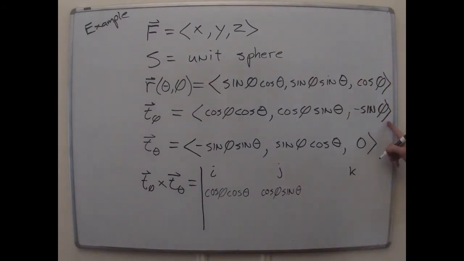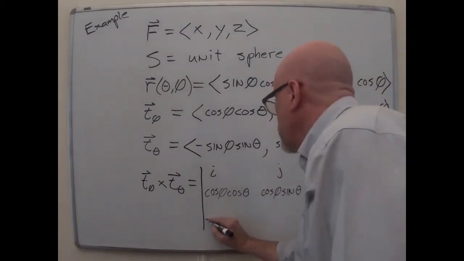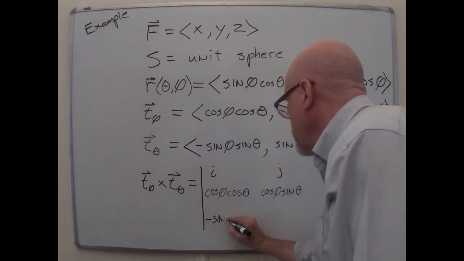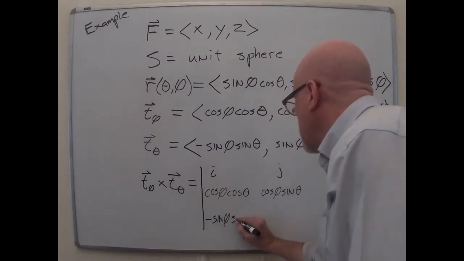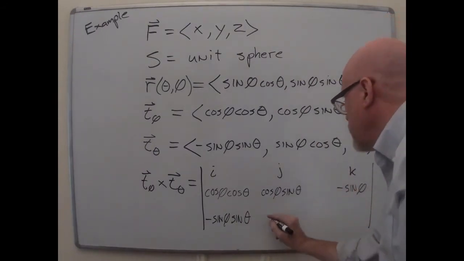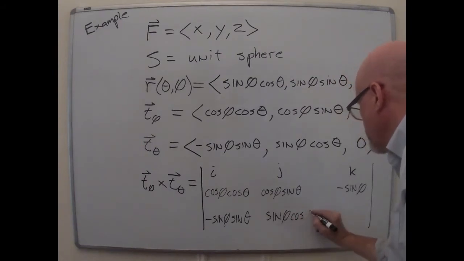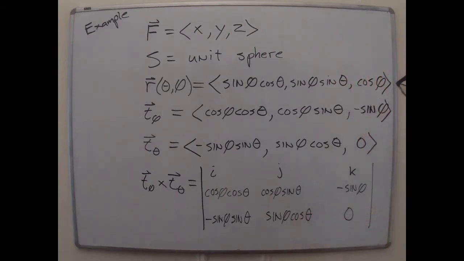And lastly, minus sine phi. And then in the bottom row, we'll have the components of t theta. There's a minus sine phi, sine theta. Sine phi, cos theta. And 0. All right, so